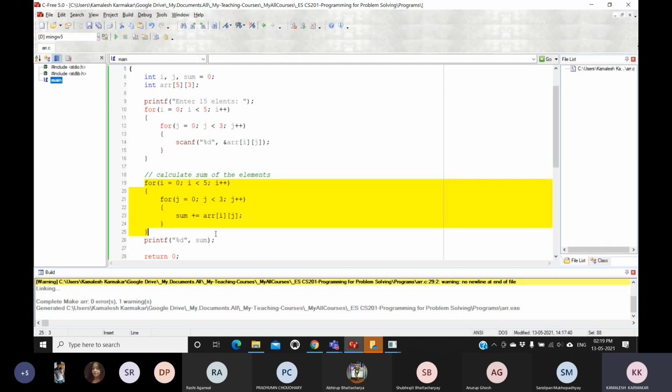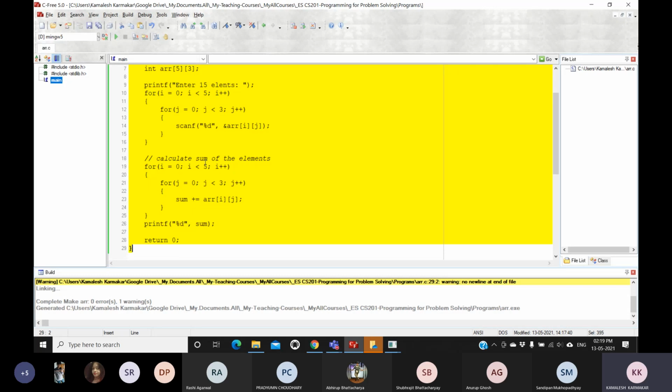Okay. Now I am coming to the next part. Is there any more thing for this array declaration? I will just copy this program and write it in another file.